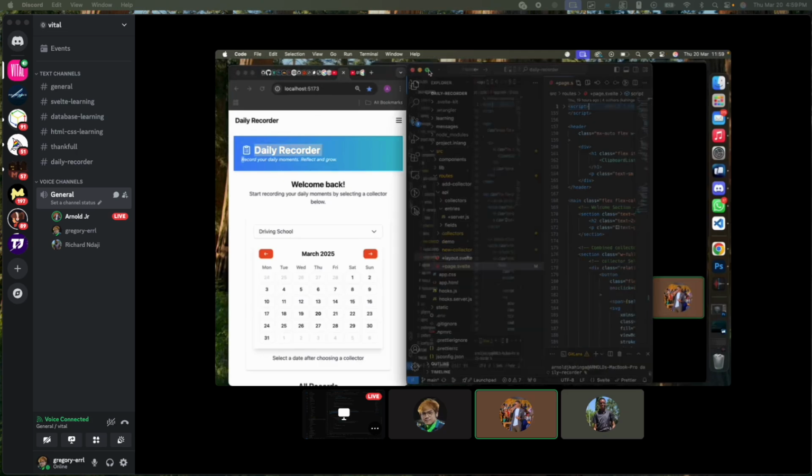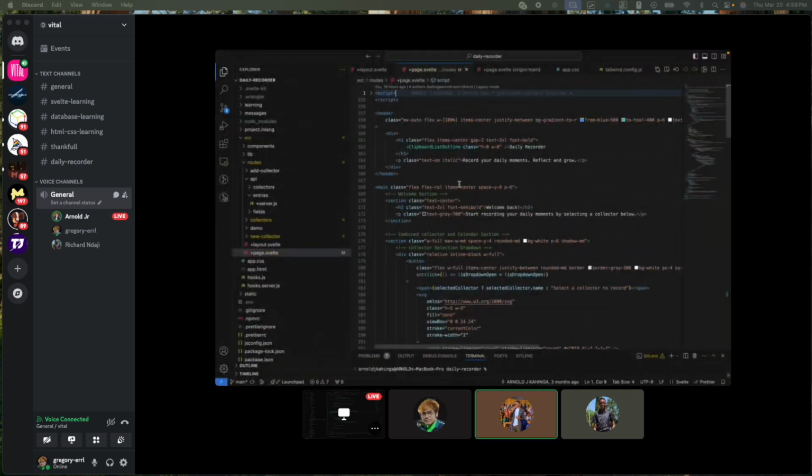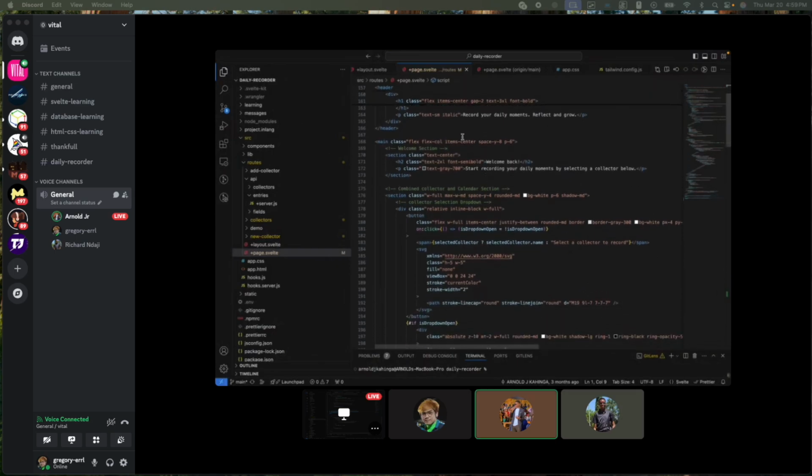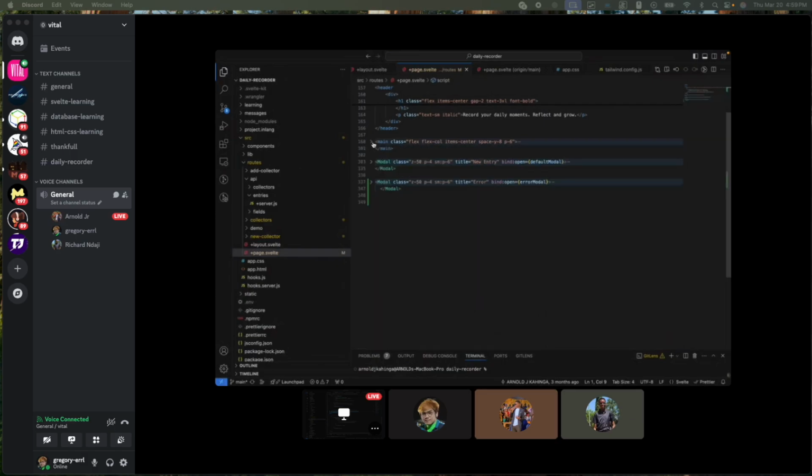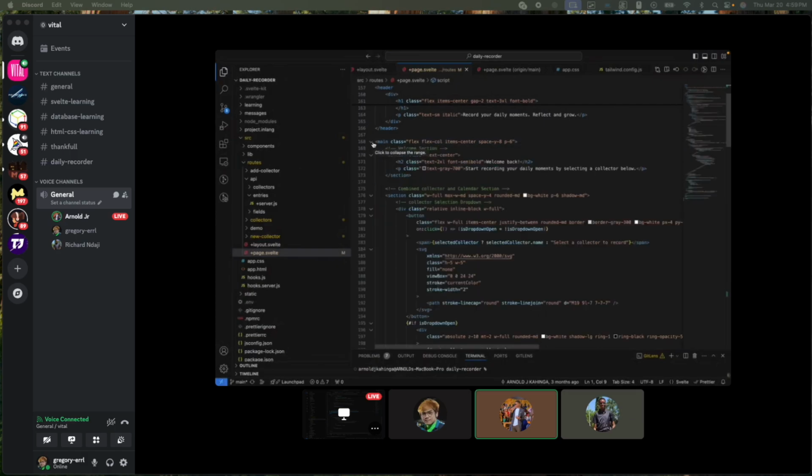So my header contains an icon, this heading, daily record, and a paragraph. So after that, I created the main section. My main contains all my